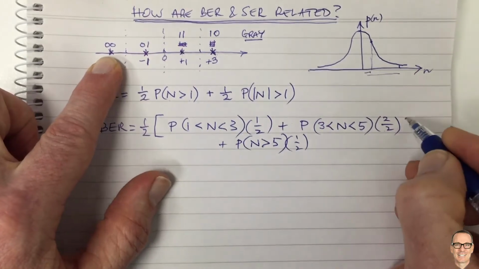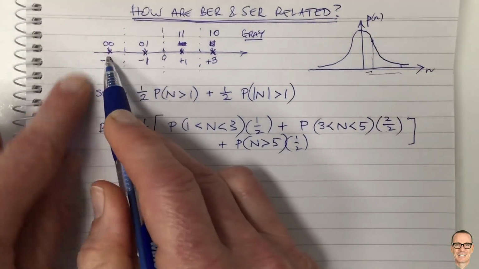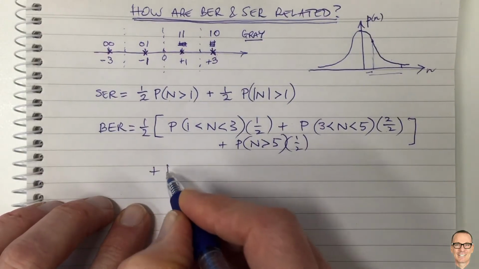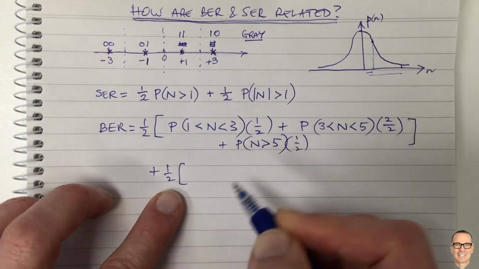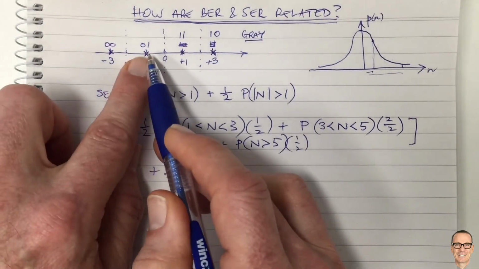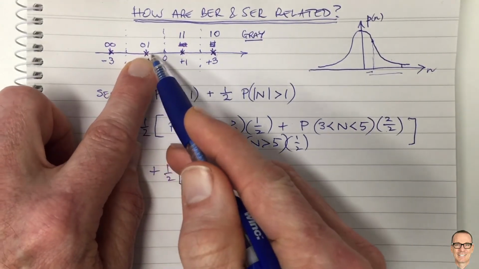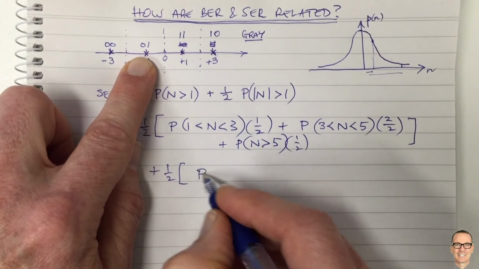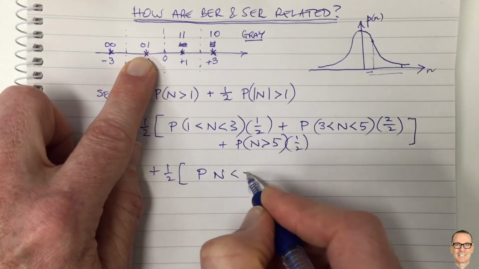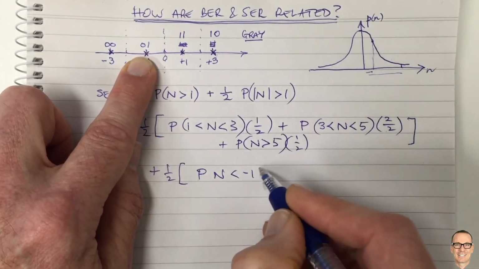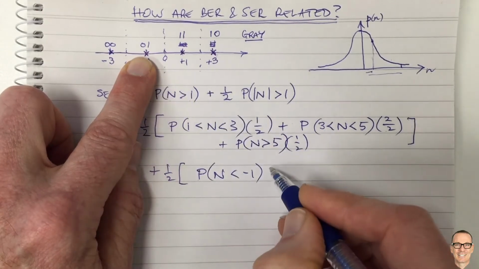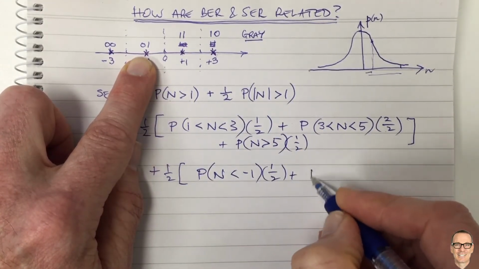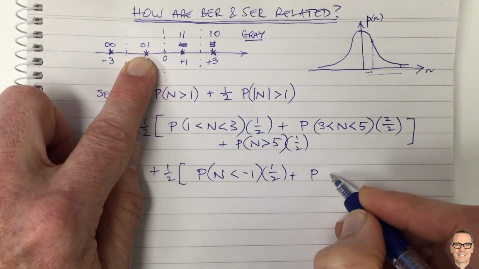Okay, so this is the case for the outer symbols, and then the inner symbols also have multiple terms, because here, if you're in this one here and you go to the left, you're only getting, so this is the probability that noise is less than -1 for this example here. And in that case, you're only making 1-bit error out of 2, plus the probability that the noise is between